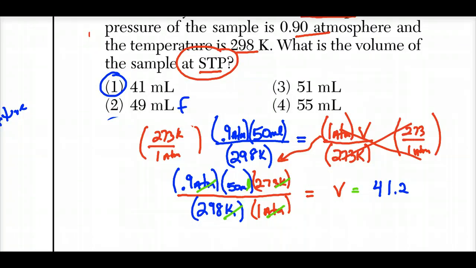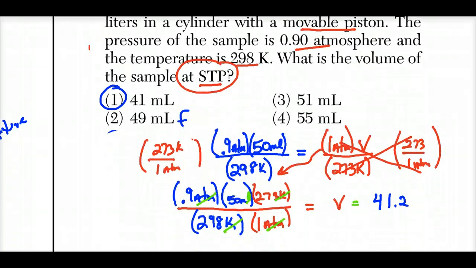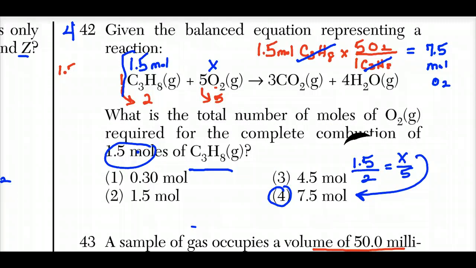Now, one thing you should always do with these problems is see if your answer makes sense. Remember, we initially had 0.9 atmospheres, 50 milliliters at 298 Kelvin. Our temperature dropped a little bit, and our pressure increased a little bit. So essentially, our 50 milliliters shouldn't change all that significantly. And of course, 41 is close to 50, so this makes our number make sense. That's how you should look at that. In any case, number 43,